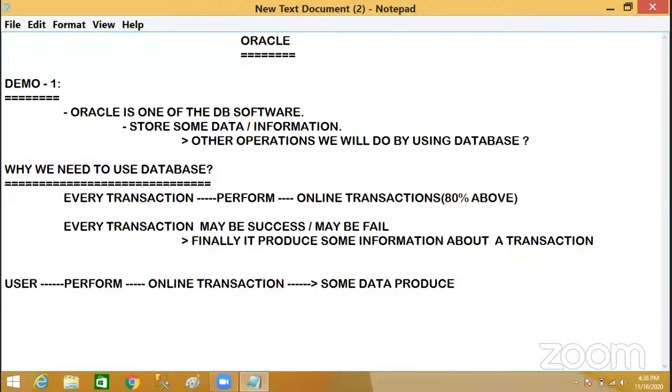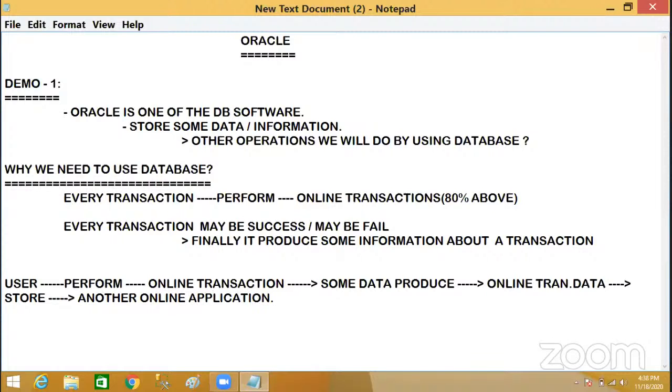Through your online transaction, through your online application. So whatever data is produced here, this online transaction data, I need to store. Where can I store it? I require another online application.